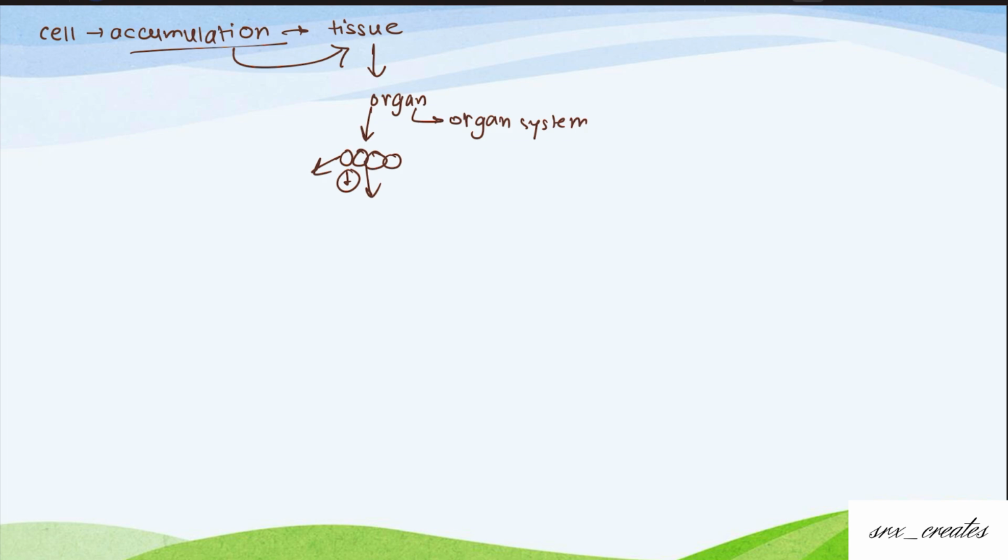Now different organs have different functions. As an example, we can say the stomach is an organ which helps in the digestion of foodstuff which we eat every day, which we gulp, which we drink; all goes into the digestion process. Now another very famous organ which we know is the heart. The heart helps in the circulation of blood throughout our body so that we can stay alive. If our heart fails to do its work, we will not be able to live.